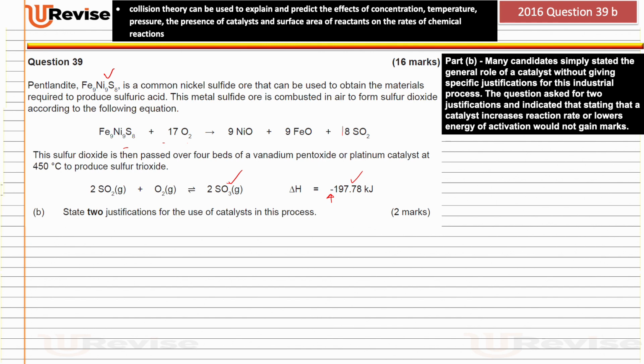Let's take a quick look at what the examiner had to say here. The examiner says in part B, many candidates simply stated the general role of a catalyst without giving specific justification for this industrial process. The question asked for 2 justifications and indicated that stating that a catalyst increases rate or lowers energy of activation would not gain marks. Okay, now